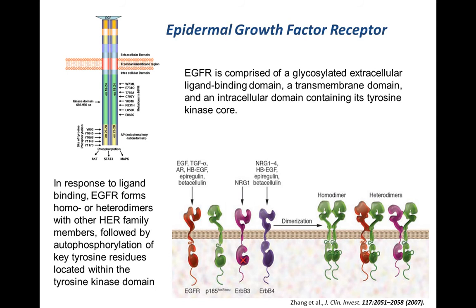Here's the cell surface. Here's the outside of the cell. Here's the inside of the cell. These proteins are activated by growth factors or ligands that bind to the ectodomain here and cause the receptors to form these dimers. And once they're formed as dimers, they're now active enzymatically, and they phosphorylate a bunch of sites down here, which is critical for the transduction of their signal. The important thing for this talk, though, is what's going on up here, because almost everything we know about the epidermal growth factor receptor comes from studying its cognate ligand, epidermal growth factor. Stanley Cohen actually won a Nobel Prize a number of years ago for discovering EGF.